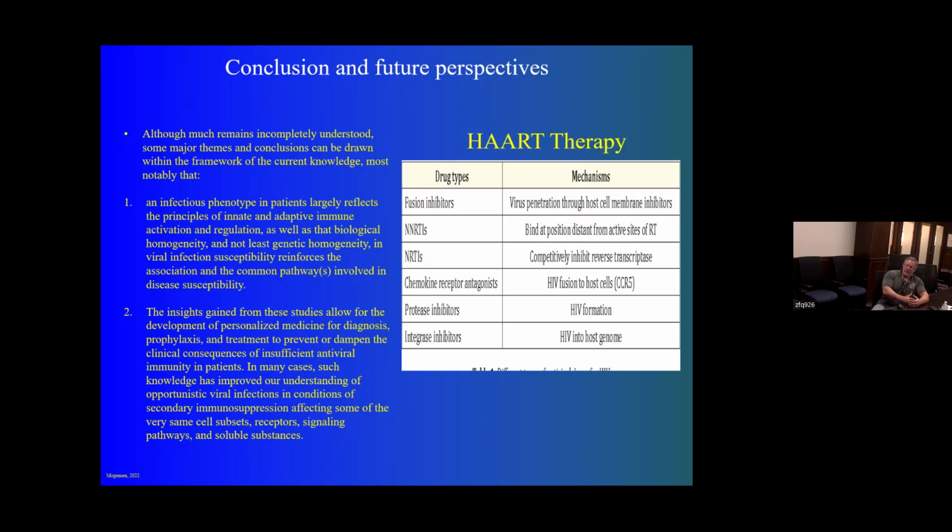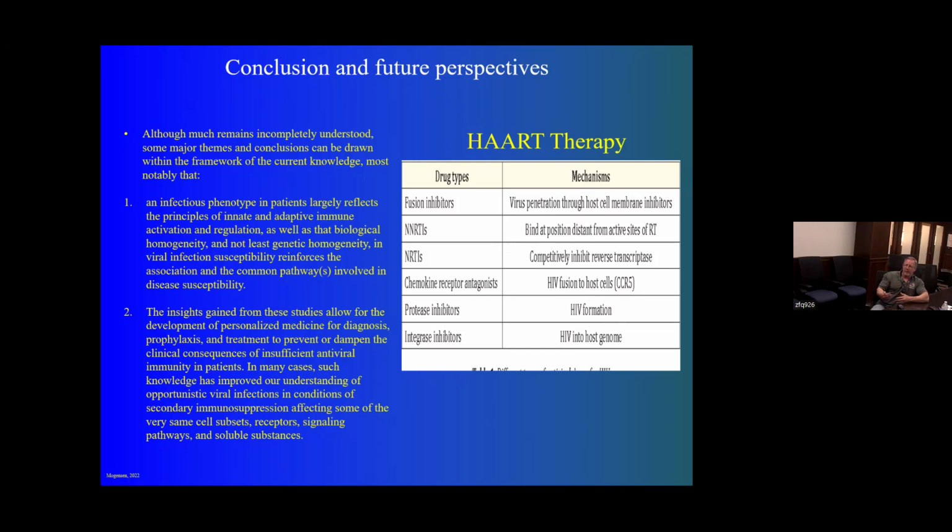But people that are infected with HIV, we put them on a cocktail of different drugs that we refer to as HAART therapy. And these drugs all interfere with HIV at different phases of its replication cycle. One of these drug types is referred to as a chemokine receptor antagonist, and it's used to block HIV fusion to cells at that CCR5 molecule. So this is an example of where we were able to use the identification of this inborn error of immunity, this delta 32 mutation, to benefit us in terms of drug discovery. So there is something that can be beneficial from identifying these inborn errors of immunity.